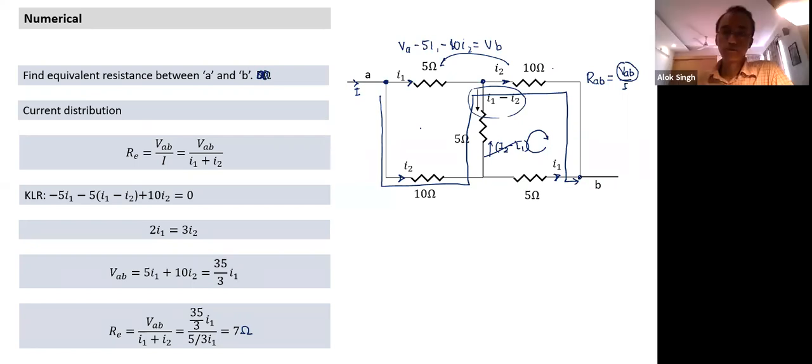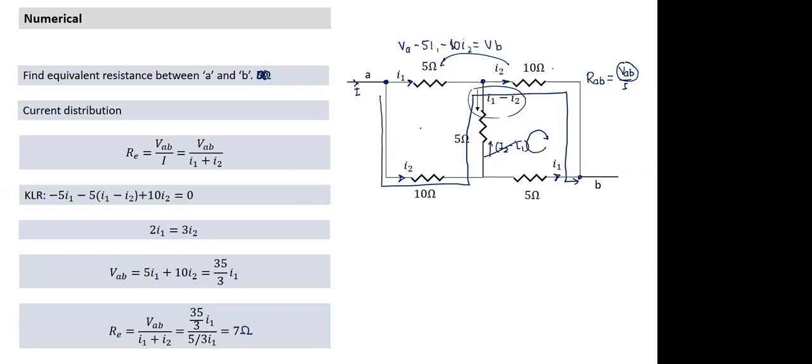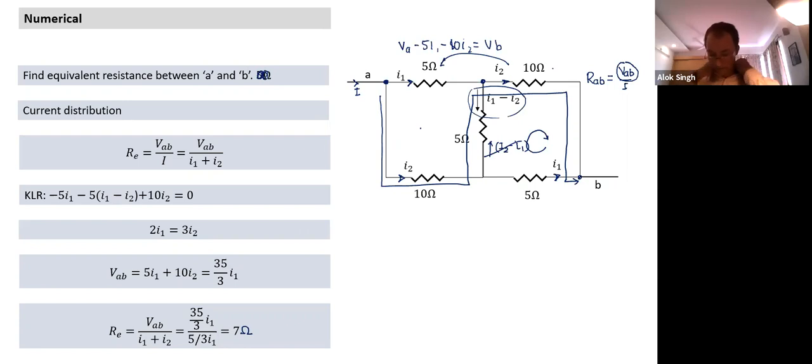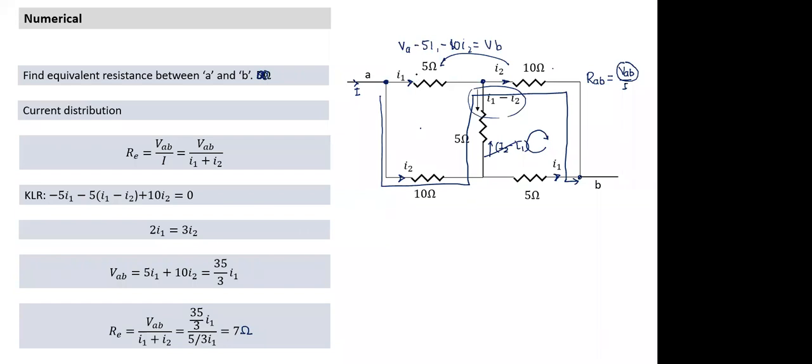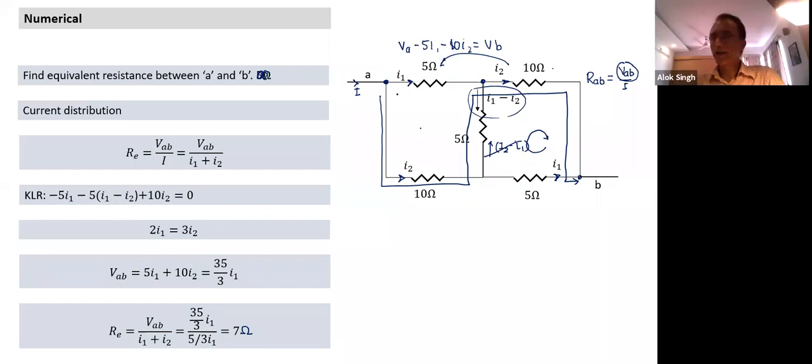Can you give an intuitive understanding of why it decreases? Okay, let me tell some intuitive way. Let me think. Another way I can think of: suppose there's some resistance between two points A and B. If I increase any resistance by 1, suppose I make either this 5 or 6, will the equivalent resistance between A and B invariably increase or remain the same? Can it decrease if I increase any resistance?